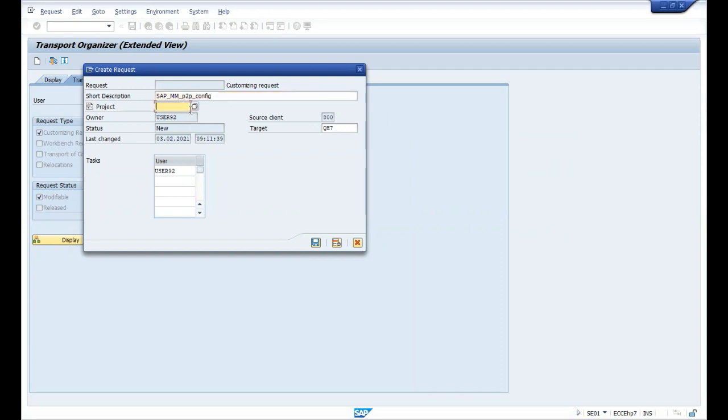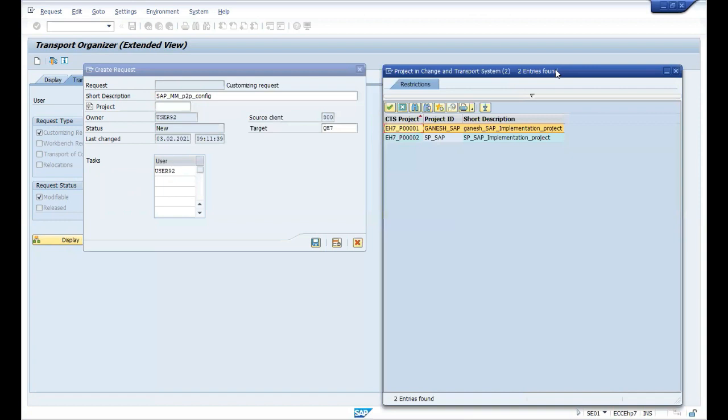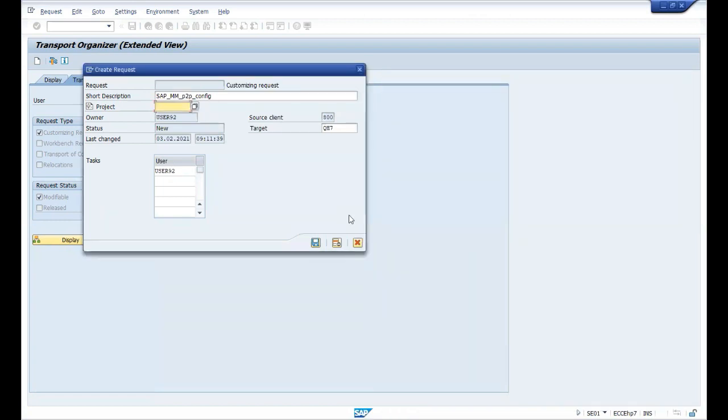So now you can see it is the IDS system, the owner, the TR owner, whoever is generating the TR manually in the transport organizer or the extended view of the transport organizer, that would be your TR owner, user 92. That's your user ID and you are creating it. The status is that you are creating a new TR, with the date and time when you have done it. We are trying to create a customizing request. So here you can see the owner is there, status is there, date and time is there.